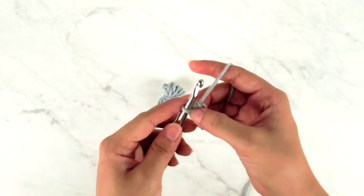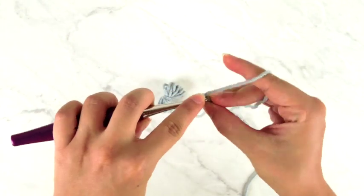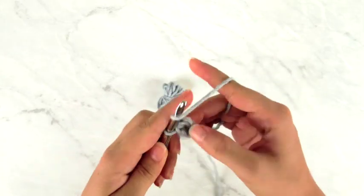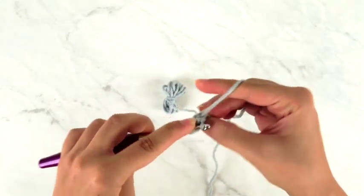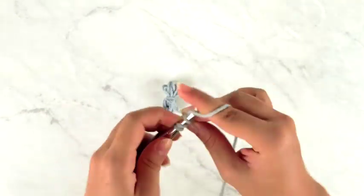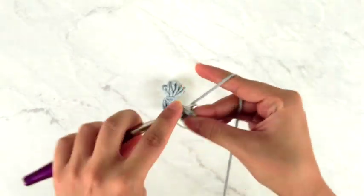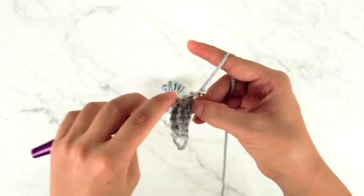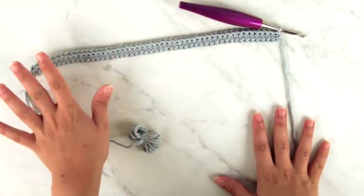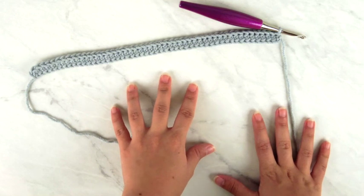And for the size that I'm making, which is the size 6, I need to work 48 more Foundation Half-Double Crochet to get the whole length for my sleeve, because again we are working this sideways. So this piece of the sleeve is not started at the bottom or at the top, it's started along one side edge, and we're going to be working our rows sideways. Alright, so I've finished working my entire row of Foundation Half-Double Crochet,